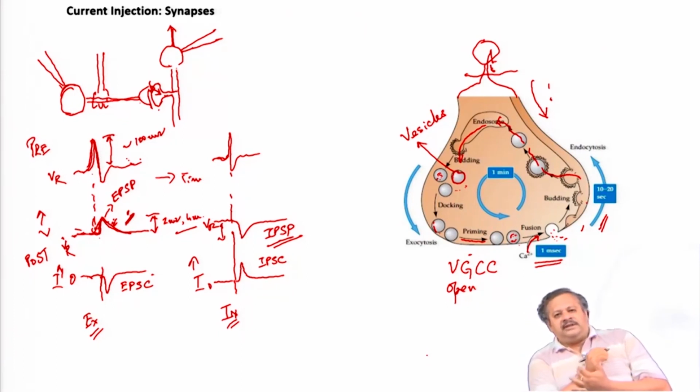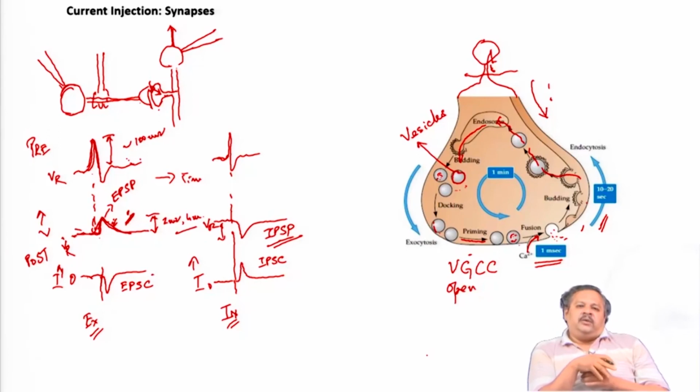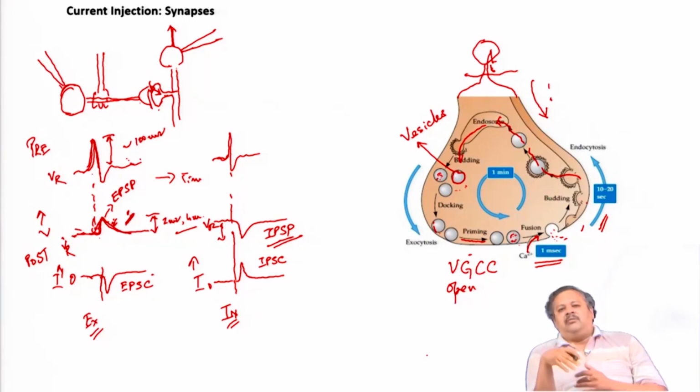And what we will see is that this is the normal way or the natural way of current injection in neurons, and later on we will see how this current injection finally goes on and adds up and produces